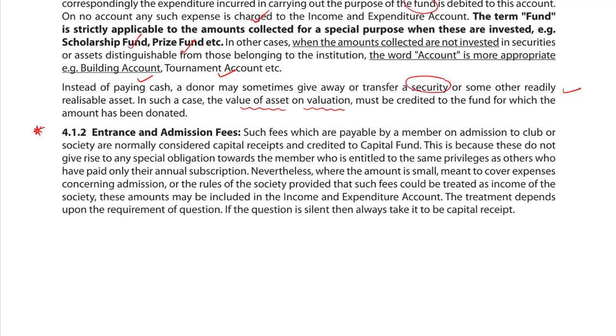Next is entrance and admission fees. Such fees, which are payable by the member on admission to a club or society, are normally considered capital receipts and credited to capital fund. This is because these do not give rise to any special obligation towards the member, who is entitled to the same privileges as others who have paid only their